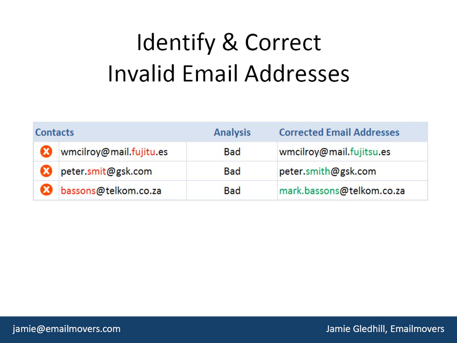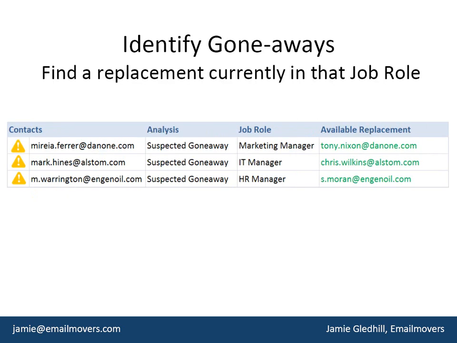The identification of the goneaways: not only are we identifying these goneaways on the left hand side, people who no longer work at this company, Mira Farah, Mark Hines and Warrington, they are suspected goneaways. But if you look at their job roles quite closely, you've got a marketing manager, an IT manager, an HR manager, and we map company name, Danone, Alstom, Engine Oil, back to our master data set of over 100 million opted in B2B and B2C email addresses globally, and we're able to do a match and a replacement in